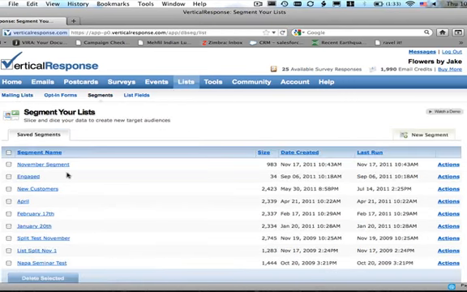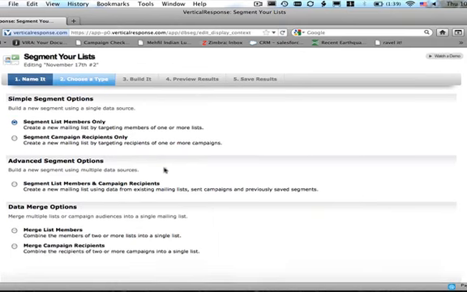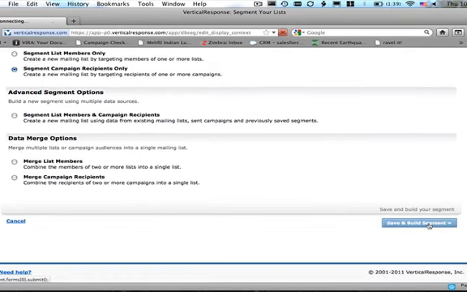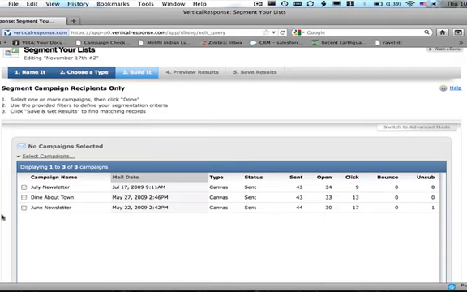And just to show you really quickly, besides splitting your list based on list data, you can also create a list of responses from your emails. So from this point, you would click Segment Campaign Recipients, click Save and Build Segment, and then instead of selecting a list on this step, you're going to select the